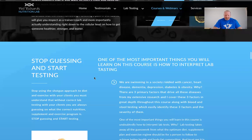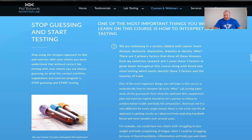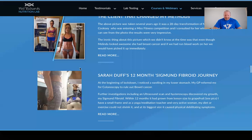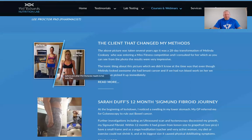And as I said, I go into the blood work in great depth, and I use these case studies here. This is the lady that changed why I wanted to do blood work, because this was a before and after picture. I never do before and after pictures. It was somebody that I was consulting for, and he was training Melinda there, and that was 28 days,